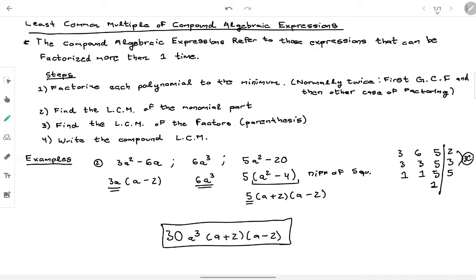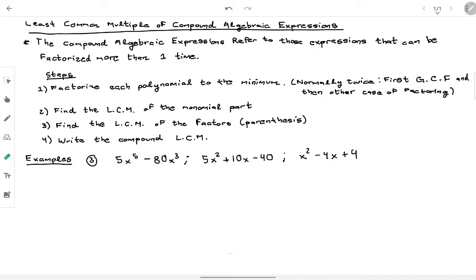So the idea is very simple. It's only factorizing our expressions to the minimum, then finding the least common multiple of the monomial part, then finding the least common multiple of the factors in the parentheses, and after that we will write the compound least common multiple. So we will do one last exercise, number 3. It's very similar. Remember, first we need to factorize each polynomial to the minimum. Then we will find the least common multiple of the monomial part. Then we will find the least common multiple of the parentheses, the factors, and then we will write the compound